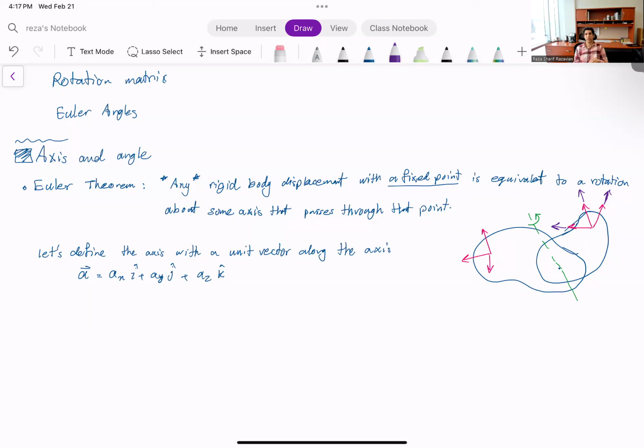Your body fixed frame rotates with the body, becomes this one. In either of those frames, the axis, this A, remains the same. So these AX, AY, AZ are the same, and they remain constant